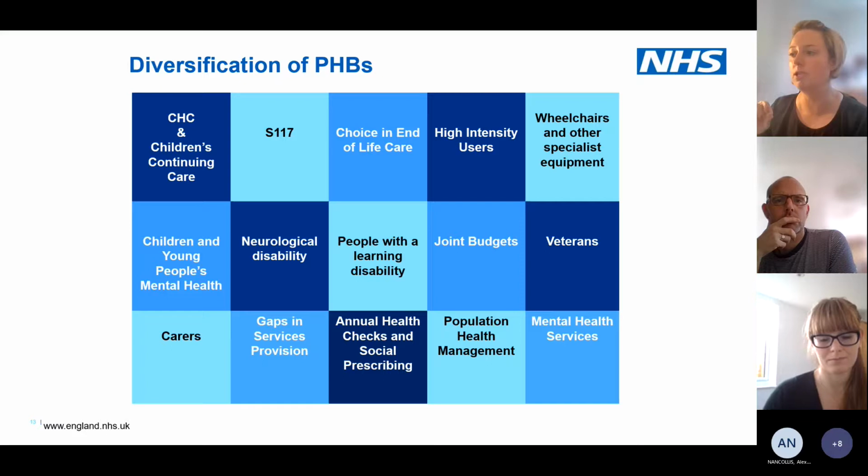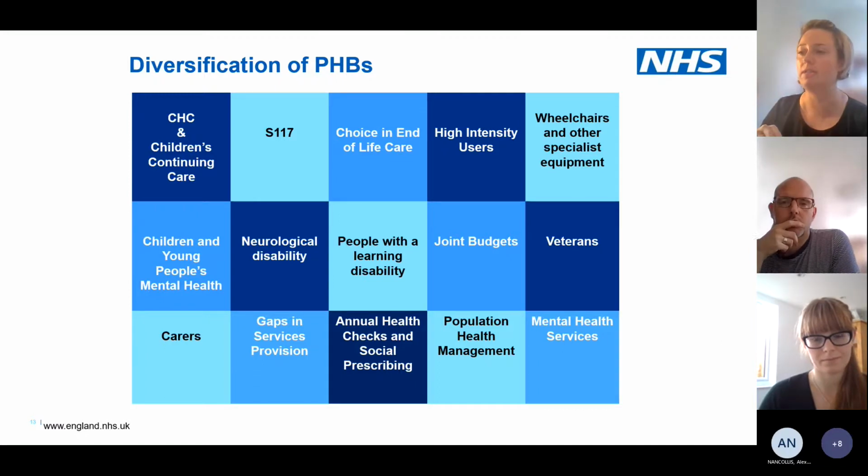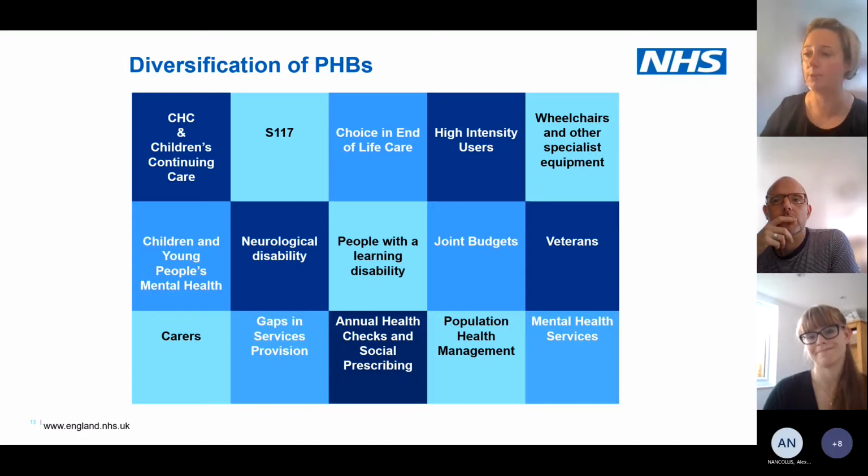Personal health budgets can also be used to reduce health inequalities by targeting groups of people for whom commissioned services are not meeting specific needs. And this enables these people to access more appropriate goods and services that are more likely to enable them to achieve outcomes and manage their condition more effectively. And as I've said previously, everyone has the right to ask for a personal health budget. Next slide,